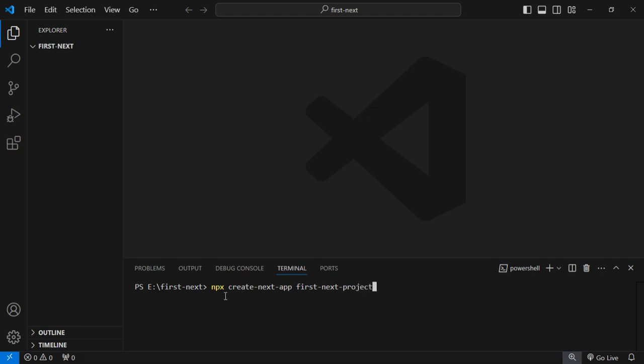and make sure you have to type here npx because we don't want to install that app globally, but it will be only locally to our E drive in which we have created that folder which is named as first-next. So just press enter, and it would ask a couple of questions. So you should give the answers to these questions, that what you want to install with our Next.js